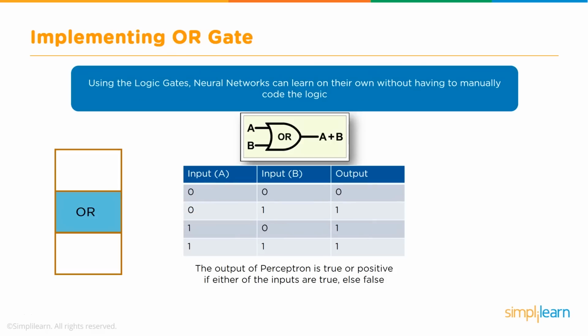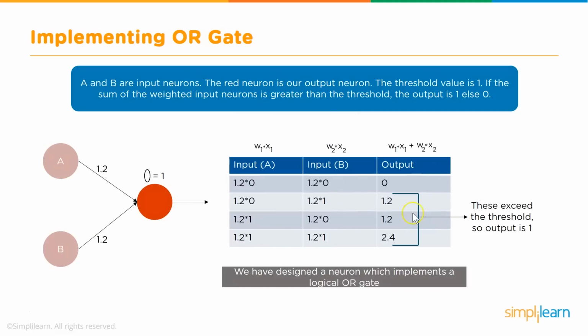Similarly, an OR gate. In case of an OR gate, the output will be 1 if either of the inputs is 1. So in all the cases it is 1 except for 0, 0. How do we implement this using a perceptron? Once again, if you have a perceptron with weights, for example 1.2, then in the first case when both are 0, the output is 0. In the second case, when it is 0 and 1, 1.2 into 0 is 0, and 1.2 into 1 is 1.2. Similarly in the next case the output is 1.2. In the last case, when both the inputs are 1, the output is